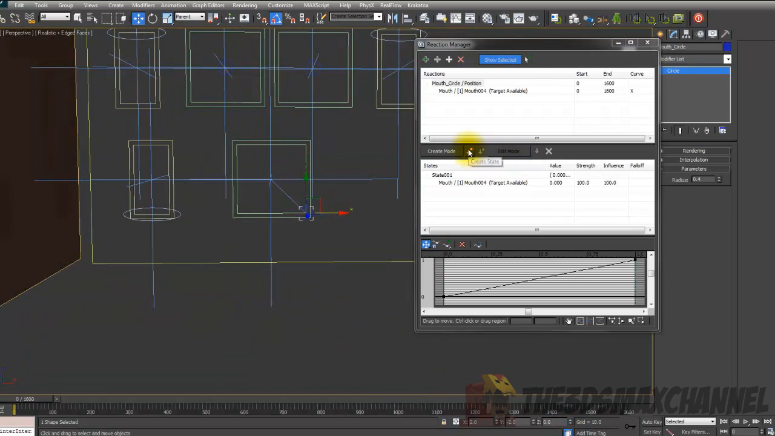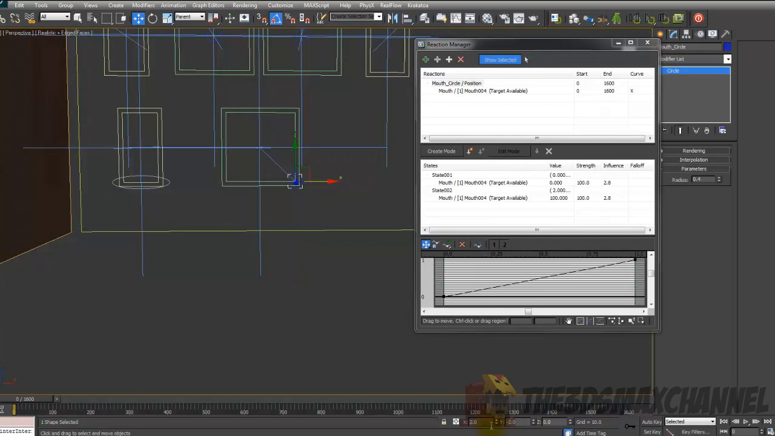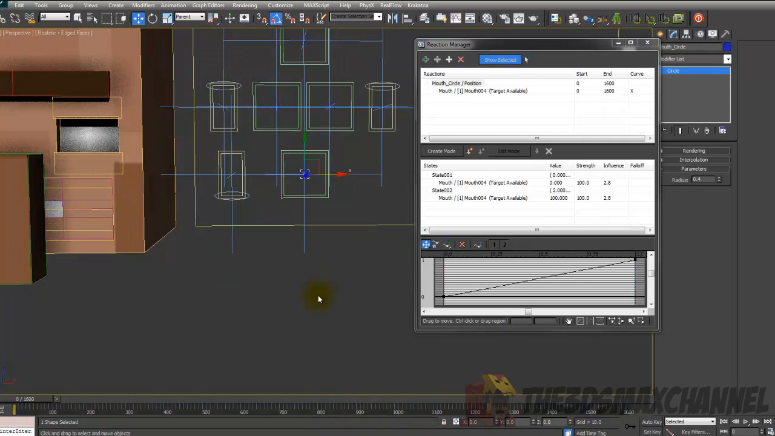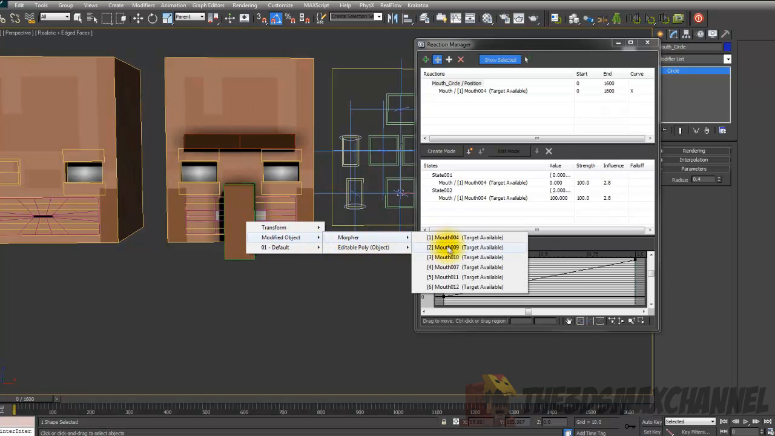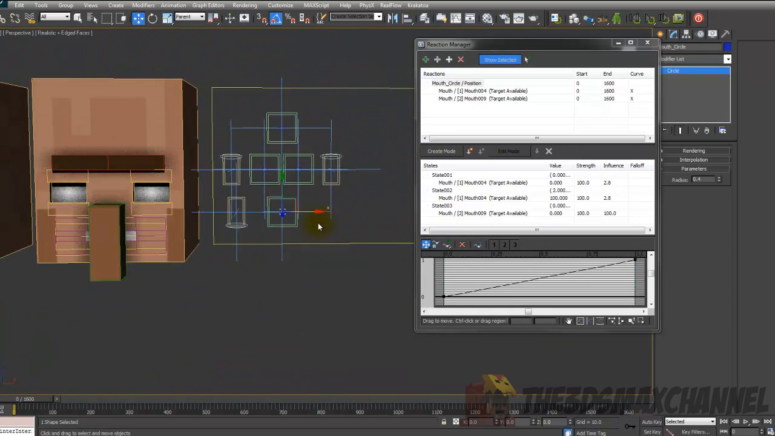and then we're going to just add another create state and change that to 100, and then we're going to reset that, so put back to 0, all of them to 0. We're going to add slave, again, plane, modified object, morpher, Morpher 09 for some reason, or like that. Add that,